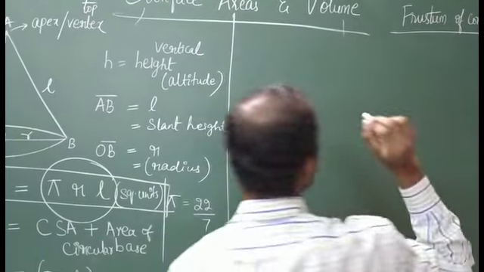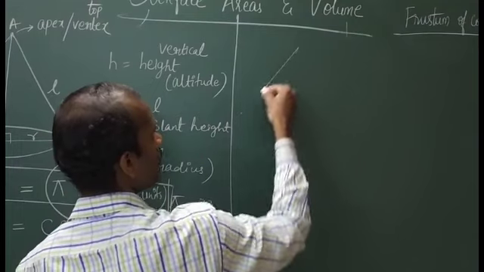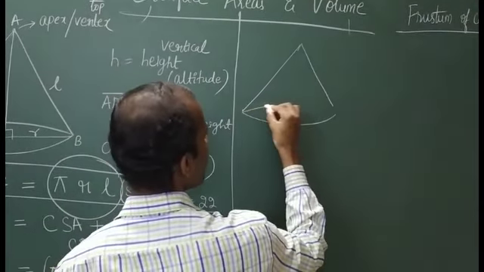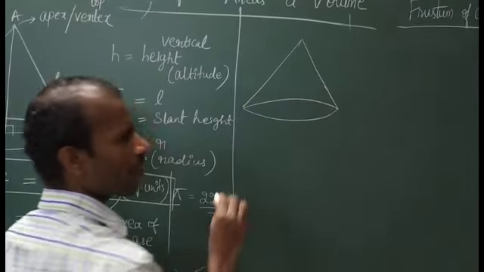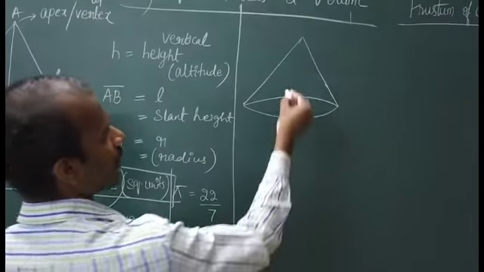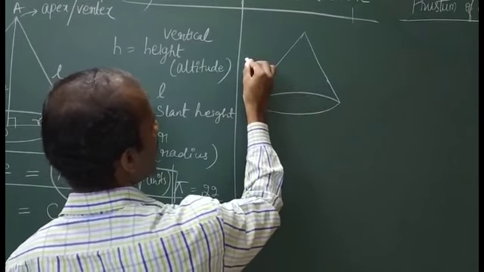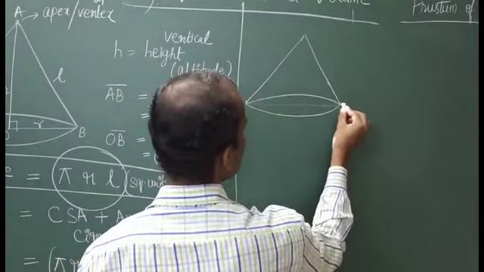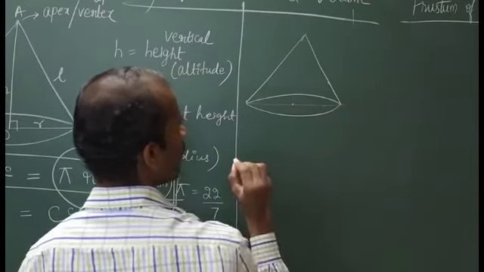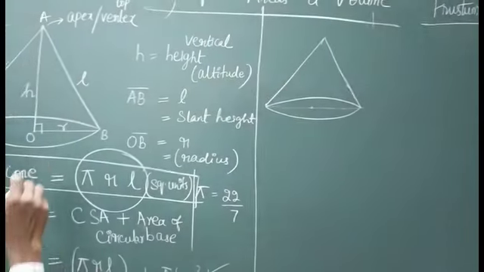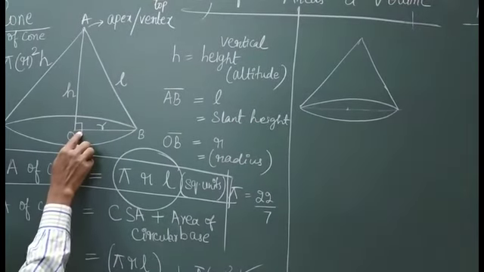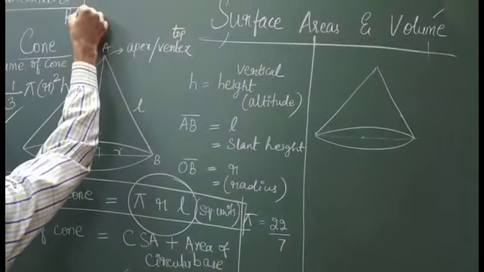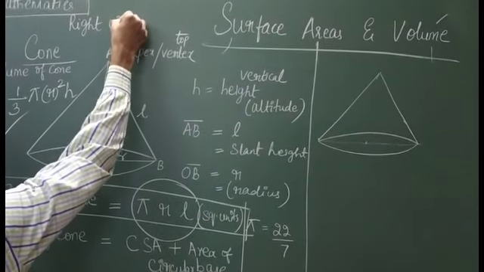So suppose we have a cone like this. So please understand. Suppose we have a cone like this. And this cone is cut parallel. So we have a diameter here. We have a diameter, center. And one thing I need to tell you here. Since we have a right angle here, this is also called right circular cone.